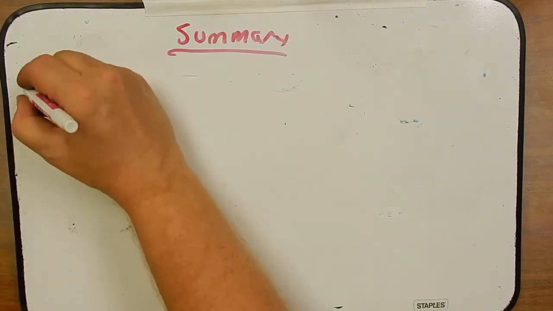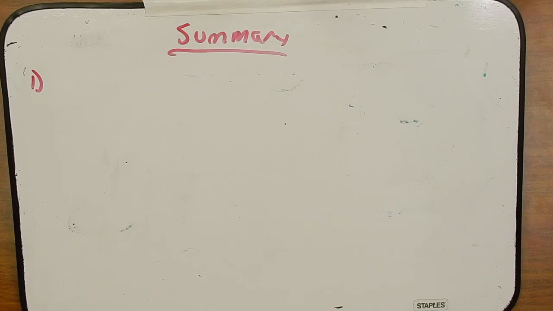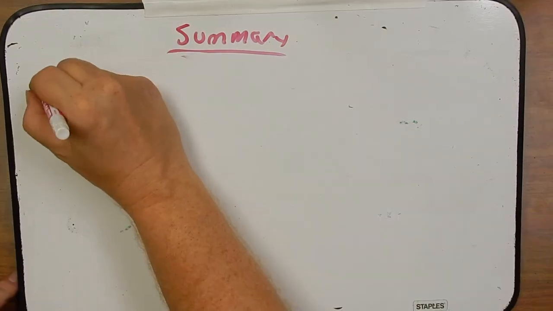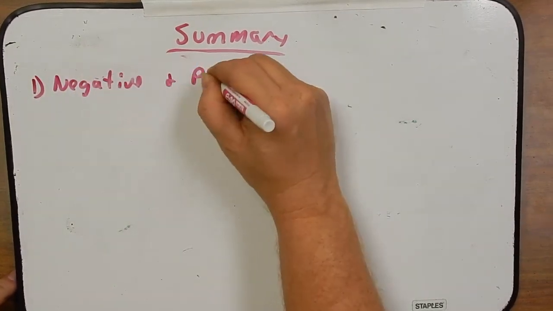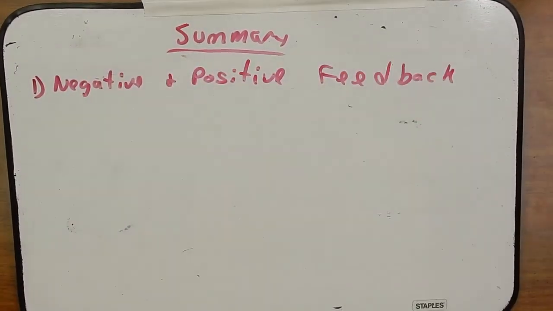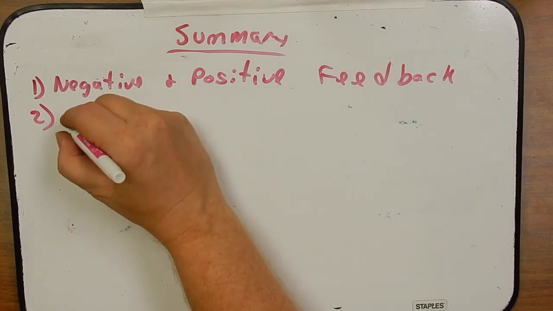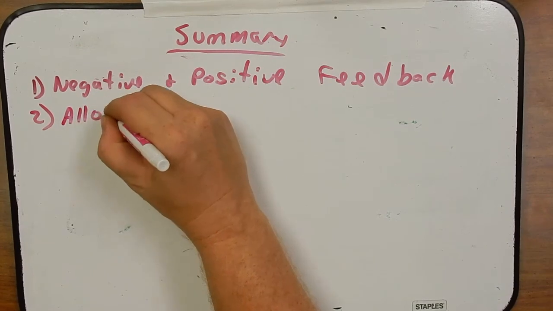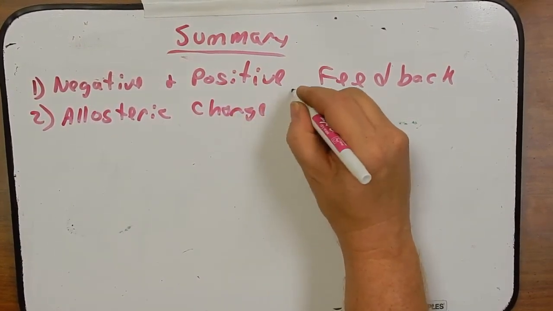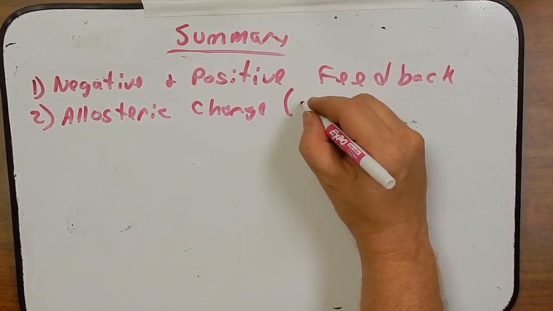Okay, that's all I have for this podcast, but I'd like to close with a quick summary. In this podcast, we talked about 5 different ways that proteins can be regulated once that protein has been made. First, we talked about negative and positive feedback control, how a product can either inhibit or enhance an earlier step. We then talked about how these feedback mechanisms often exert their change in activity by an allosteric change, and how that allosteric change is essentially just a conformational